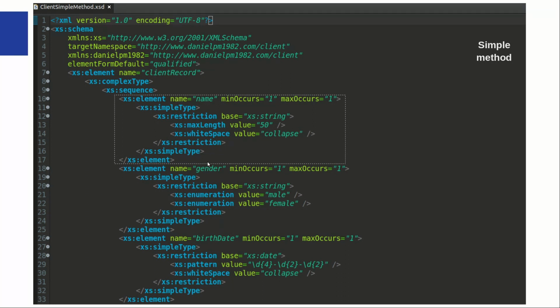So, other than the name element, we have also the gender element declaration. It's also a simple element, also declared using the extended form with a simple type element, with a restriction element of base string, and with one facet, which is an enumeration, and two values, male and female. Then we have the birth date simple element extended form declaration with a simple type with a restriction of